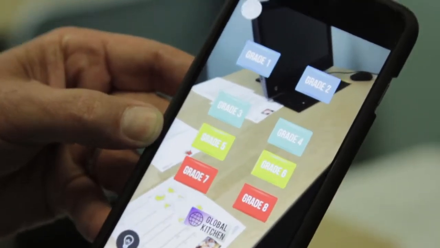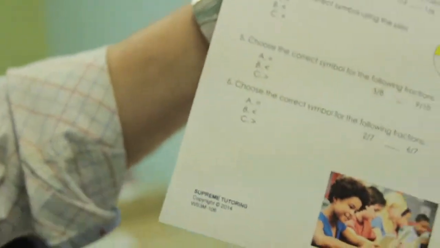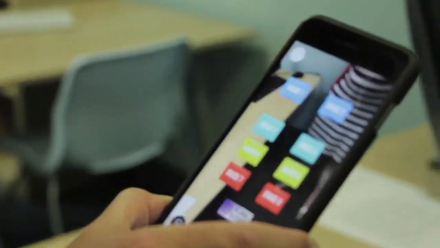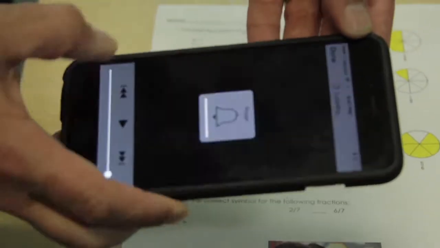With that, the grade that they choose, now this activity sheet is grade 3 math. So we're going to click on the grade 3 button, and through the viewer, we're going to scan our image,